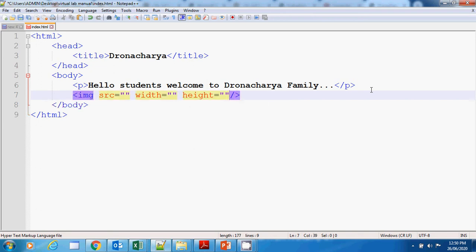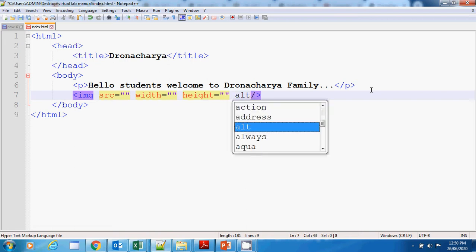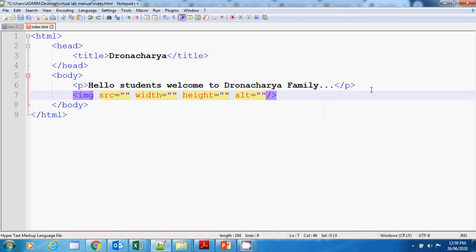We can have an alternate option also. For that we have alt. So this is an attribute and its value. Again, this is an attribute and this is its value. This is an attribute and this is its value. So it is the attribute-value pair.